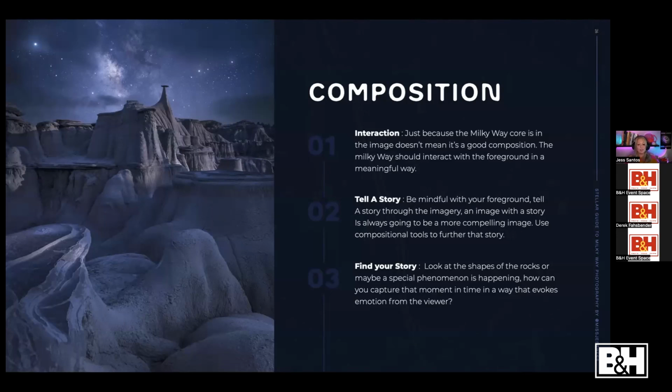You really want to have the Milky Way interact with the foreground in a very meaningful way. And then you want to tell a story. Be mindful with your foreground, tell a story through imagery. An image with a story is always going to be more compelling than just an image of the Milky Way. So use compositional tools like leading lines, rule of thirds, all those things to your advantage, but